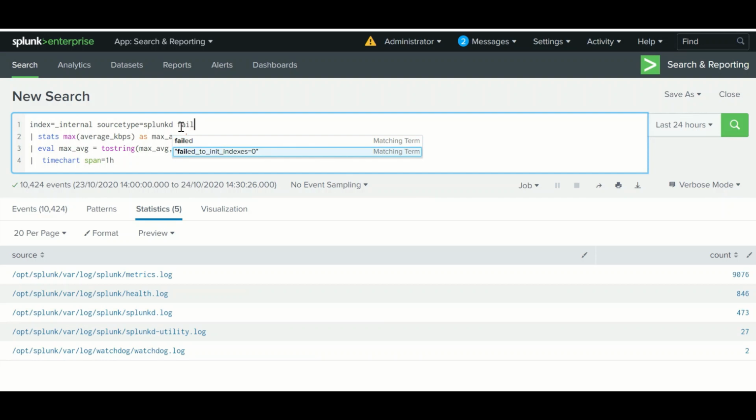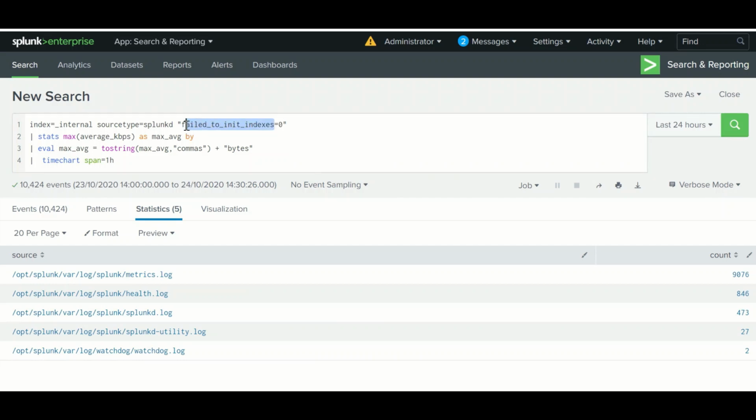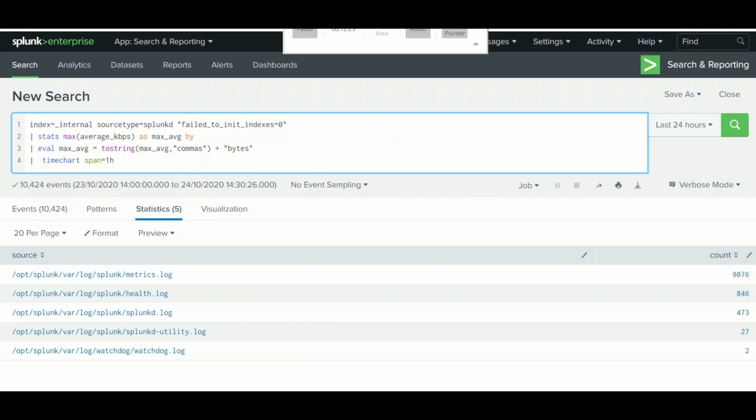If you put this under double quotes, for example some field equal to some value, this won't be considered a field value pair, as it is in double quotes, so it will be treated as a string. So please bear in mind.